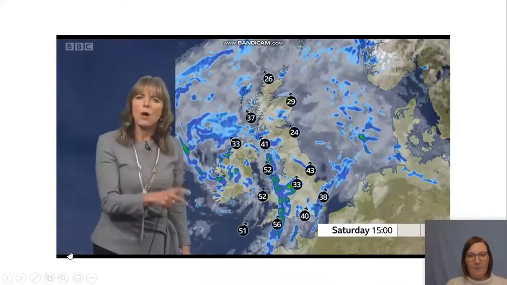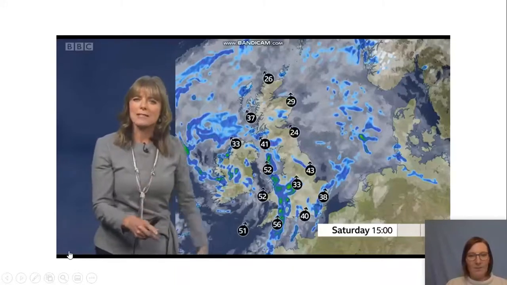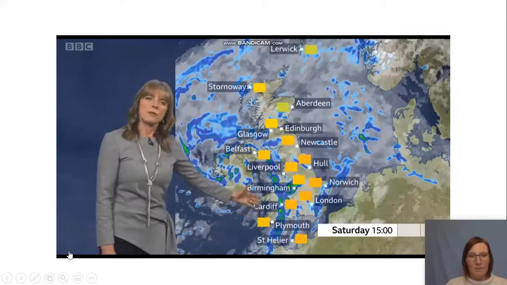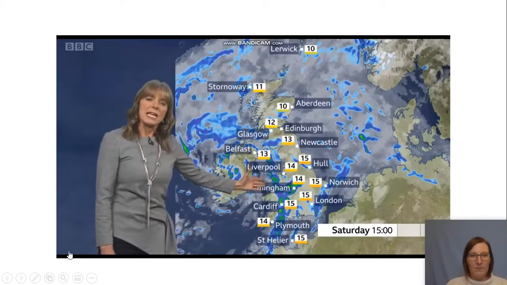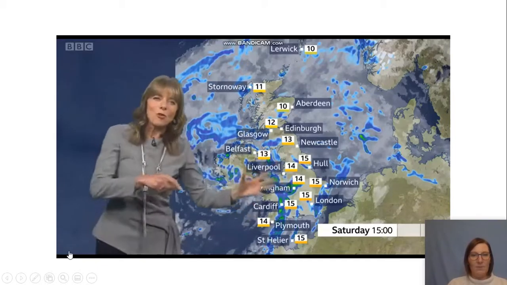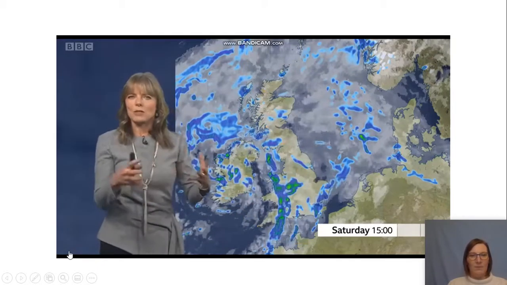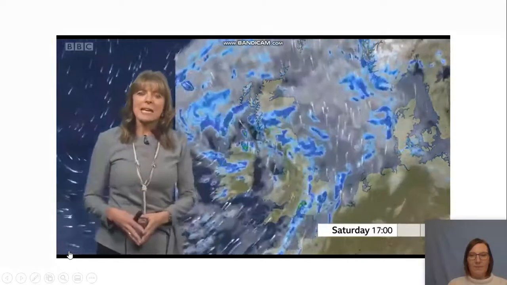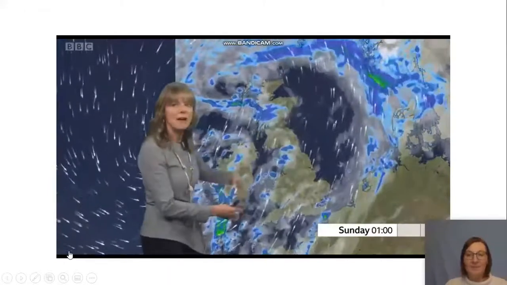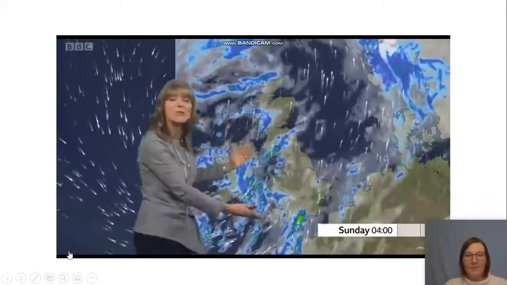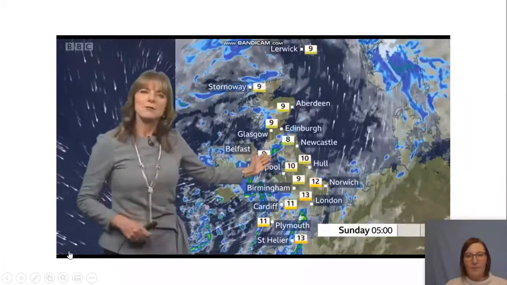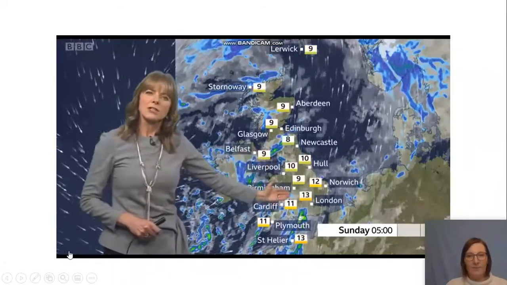The winds a feature. Widespread gusts 40-45 miles an hour, maybe in excess of 50 to 55 miles an hour across the southwest and through the Irish Sea. It will be mild with it because the wind direction is coming from a southwesterly. Not that you'll notice it, with these showers or longer spells of rain at times. Now, through the evening and overnight, we will see most of the showery rain dying back to the west and south coast. A lot of cloud around. It stays quite blustery as well, and it's going to continue to feel quite mild, 9 to 13 degrees first